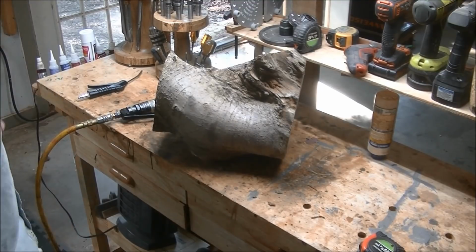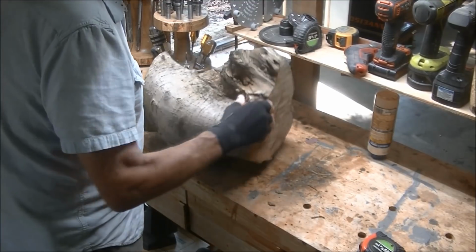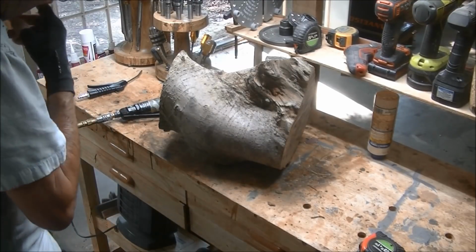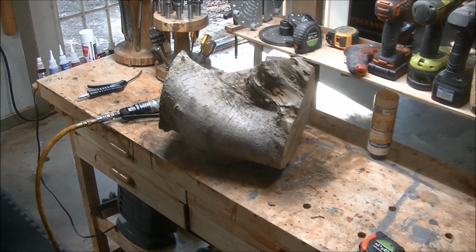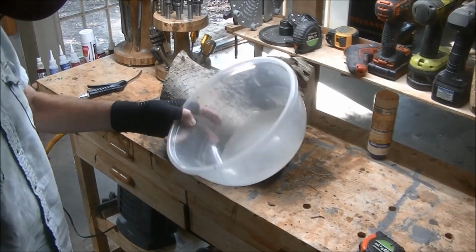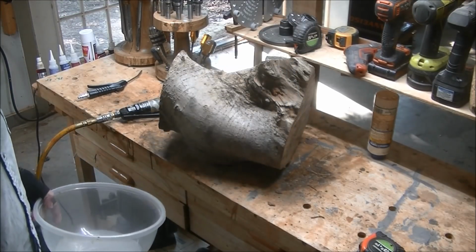Look at here. Still got some dirt and stuff in it. I think I'm going to go ahead and get the dirt out of it, and then look at it. My thought is I've been wanting to do something with epoxy lately. I just hadn't quite figured out what I want to do. So I got these two nice big plastic bowls. And I think what I'm going to do